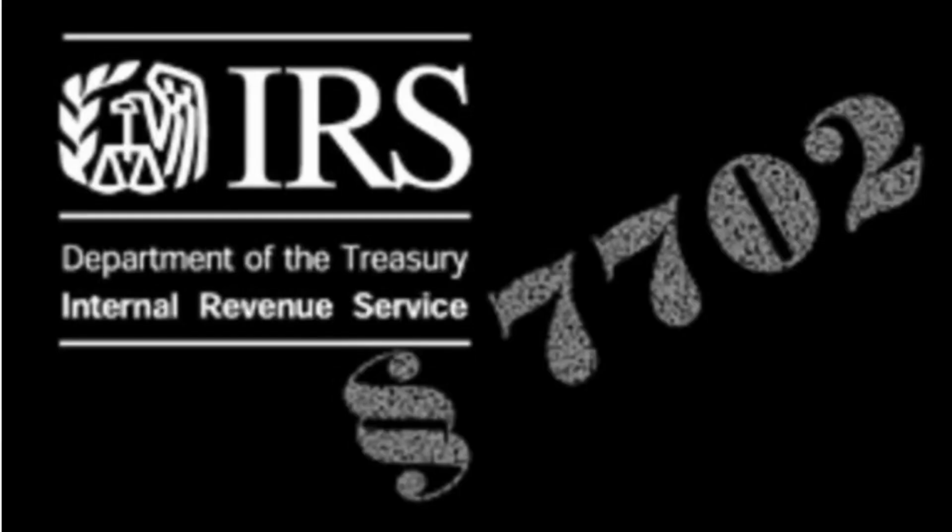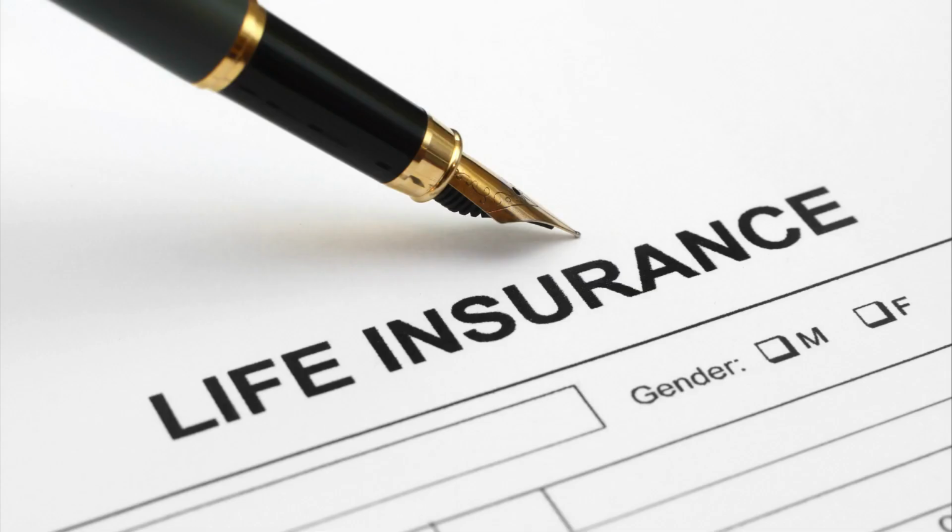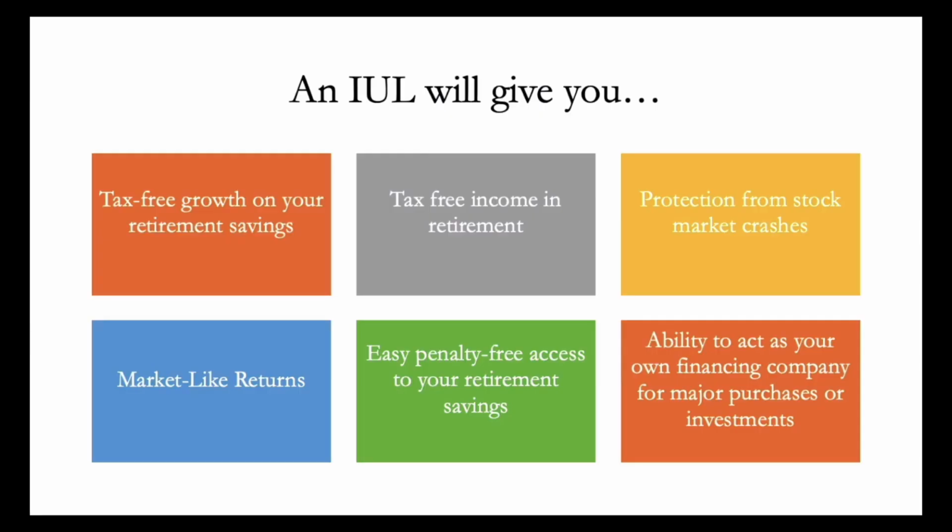Because IUL takes advantage of IRS Code 7702, which defines what the federal government considers to be a legitimate life insurance contract and is used to determine how the proceeds are taxed. IUL will give you tax-free growth on your retirement savings, tax-free income in retirement, protection from stock market crashes, market-like returns, easy penalty-free access to your retirement savings, and the ability to act as your own financing company for major